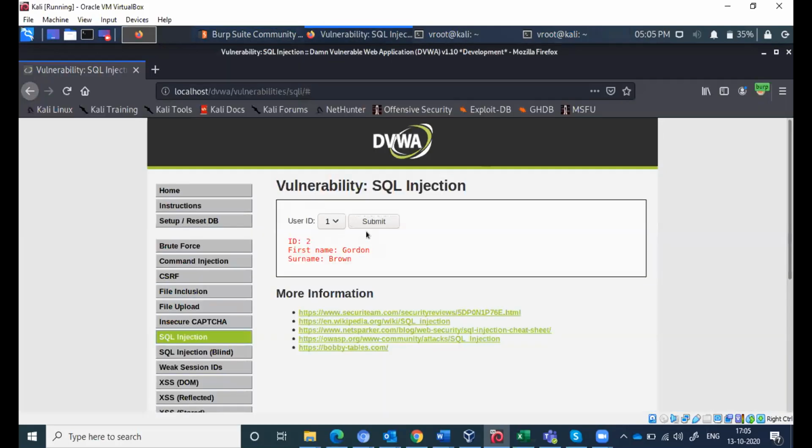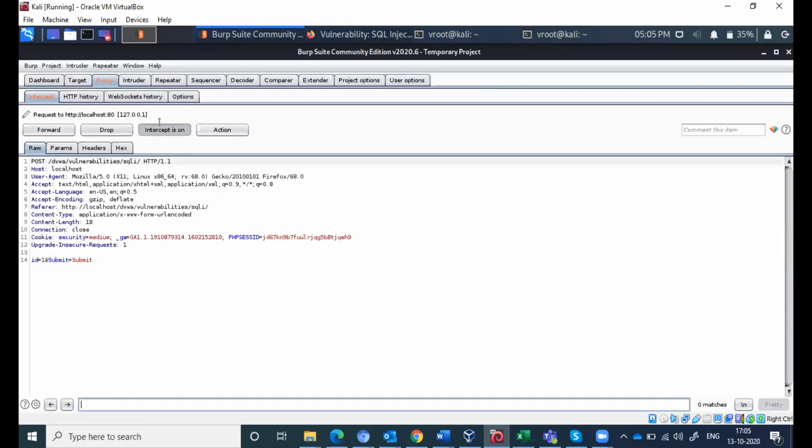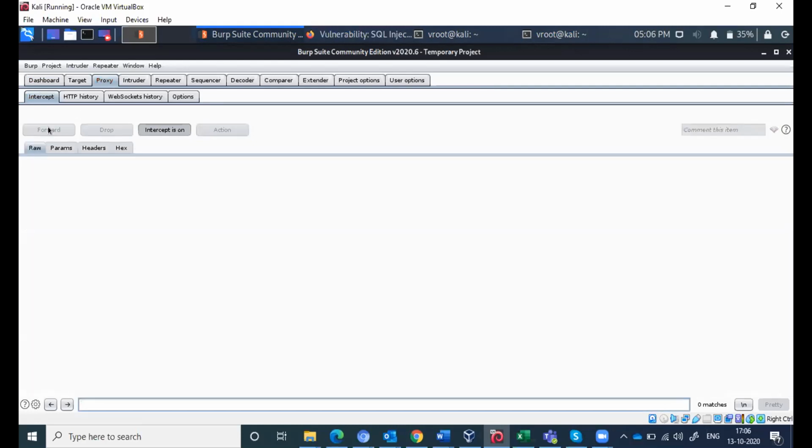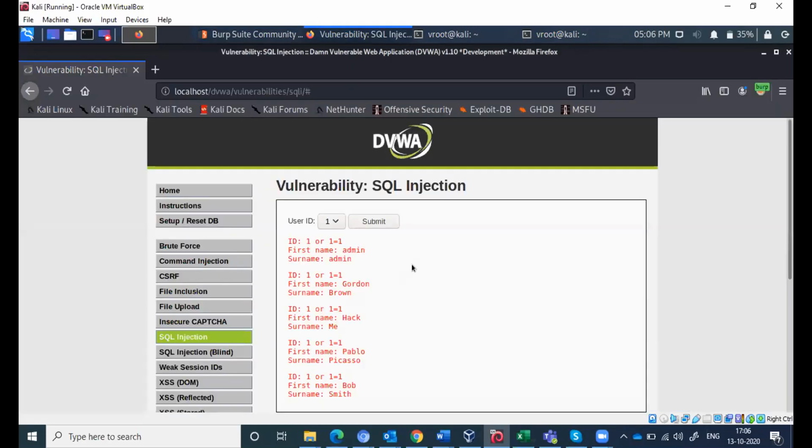So let's try it again. What did you specify as the payload? 1 is equal to 1. Okay, now forward this. What are we getting?